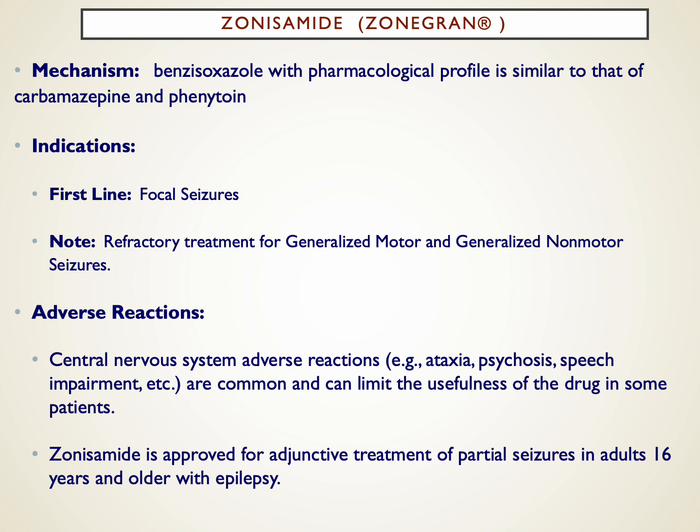Zonisamide, another first-line agent for focal seizures, otherwise add-on therapy or refractory treatment for other seizure types. It can cause, like most of the other anti-epileptic drugs, people to feel like they're drunk, ataxic, or have memory impairment, speech impairment, and that can sometimes be problematic, but we'll see that it's reasonably considered add-on therapy in a number of patients.